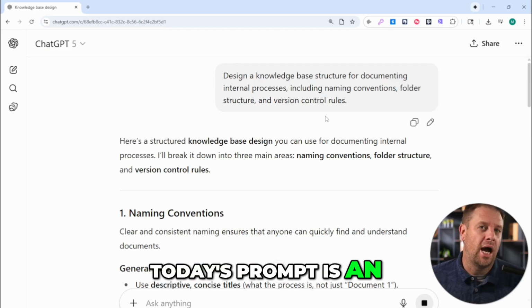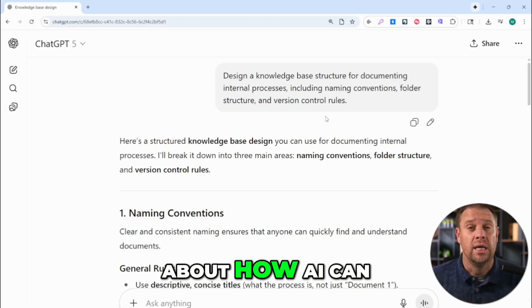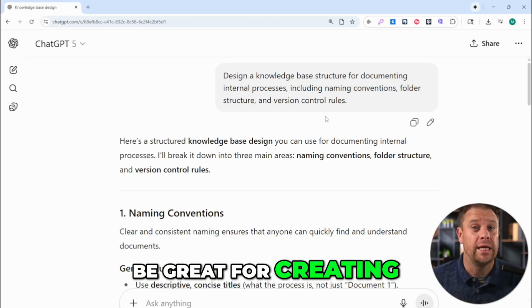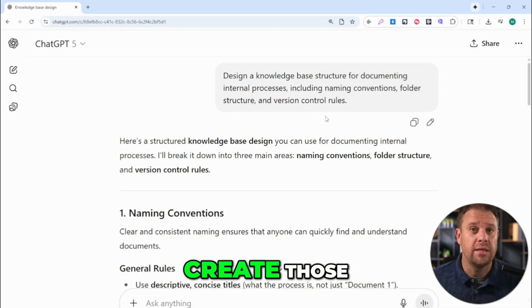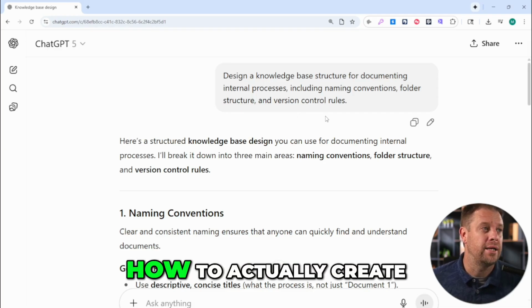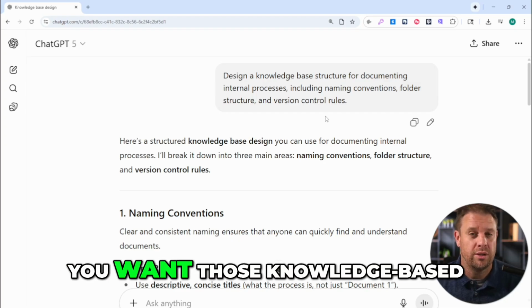Today's prompt is an operations one. So we've talked before in a previous video about how AI can be great for creating knowledge-based articles based on user input and how you would create those. This prompt shows you how to actually create the template for the base structure of what you want those knowledge-based